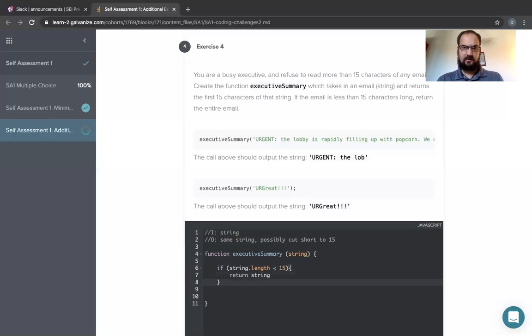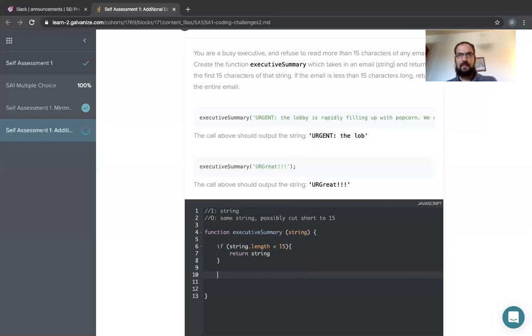That's the edge case. However, it's going to check that, and if it doesn't evaluate to true, it's going to skip over it. So then we can just say return